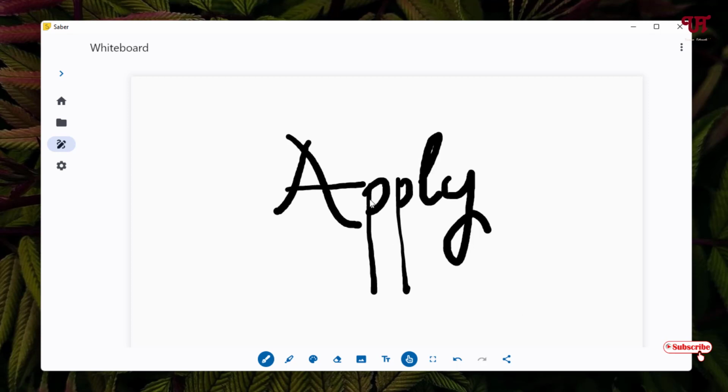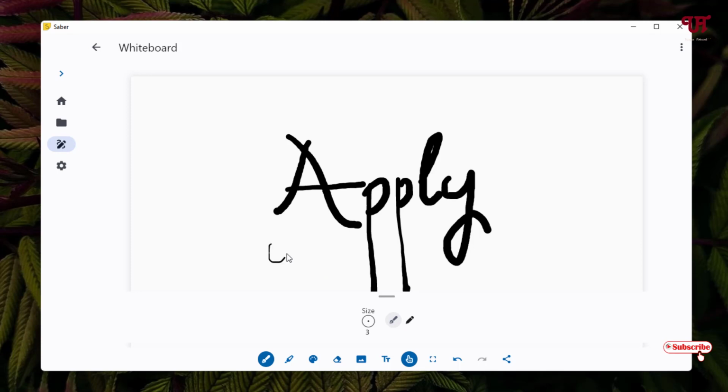So you can write using your computer mouse also, and if you want to change your pen style, then just click on it. Now you will see here the size. In order to increase or decrease, you can see here right and left arrow indication. Just drag on the left side or drag on the right side to increase or decrease,